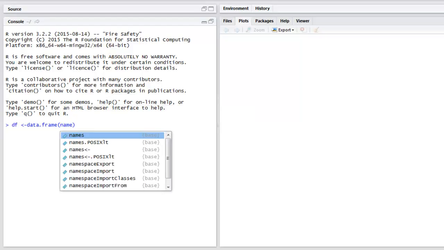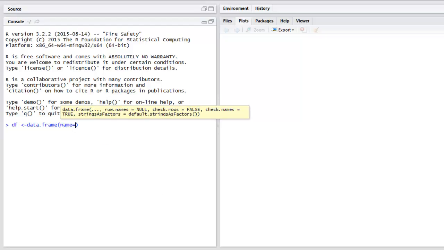So let's say I have name, or you can go for first name, and here you specify the content within your first name column. So in my case, let's say AB, then EC, then CD, and finally